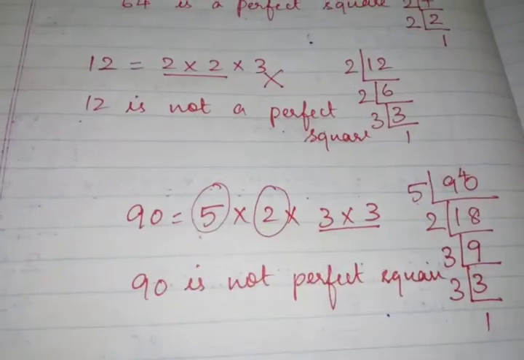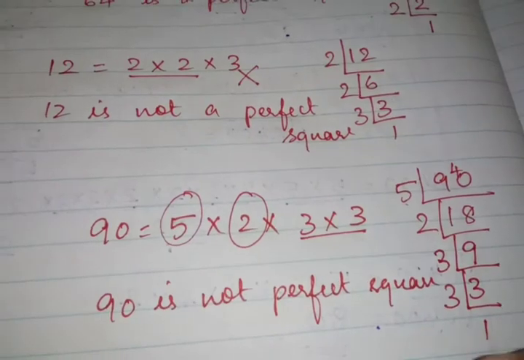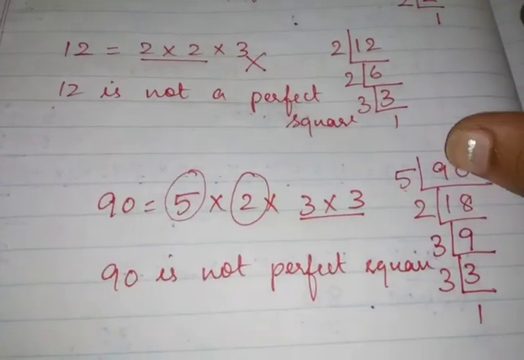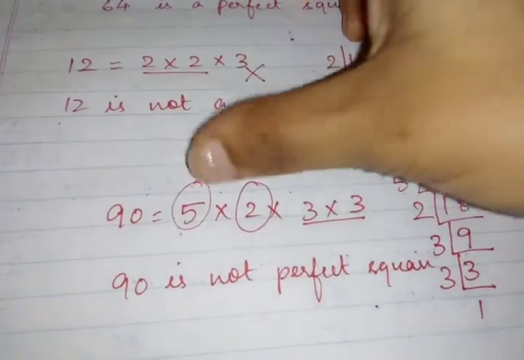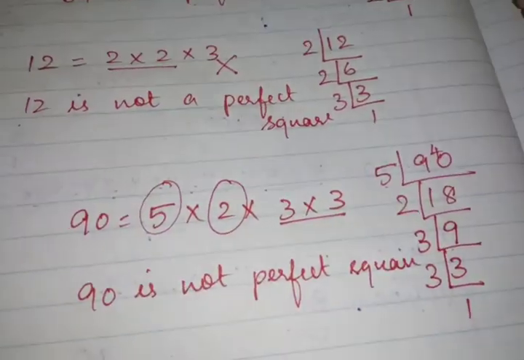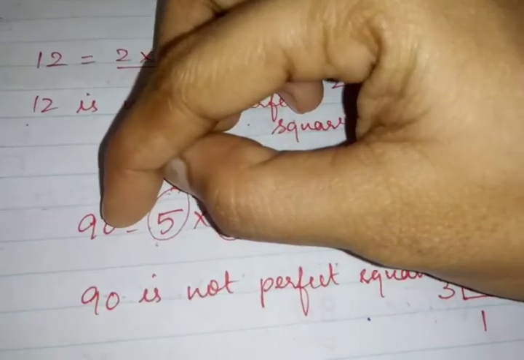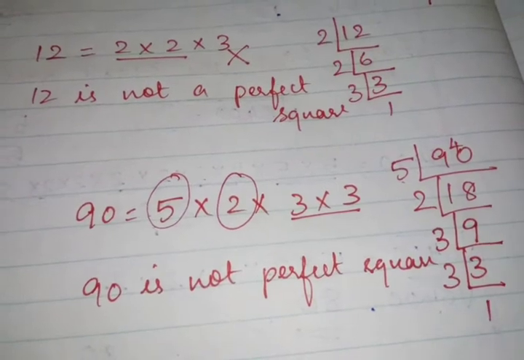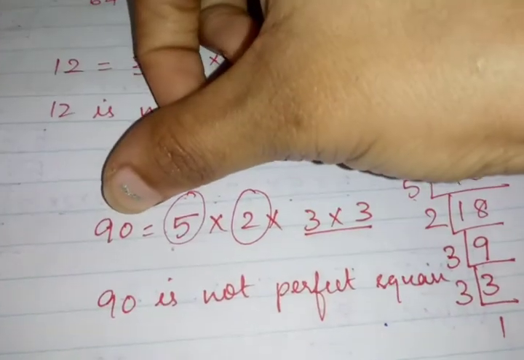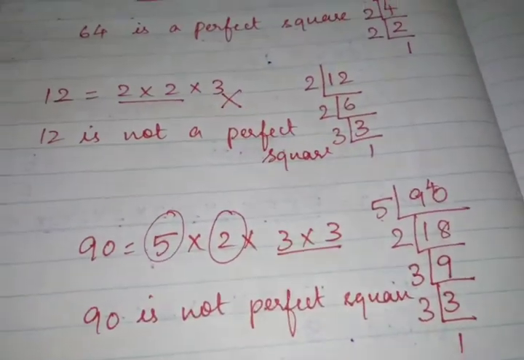So what are the things we have used to find that it is not a perfect square? We have done a prime factorization. Then we found that there is no pair in this, so we said it is not a perfect square. And one more thing is, there is only 1 zero in this. If it is 2 zeros, 4 zeros, 6 zeros, only then can we say that it is a perfect square. Since it doesn't have 2 zeros here, we are saying this number is not a perfect square.